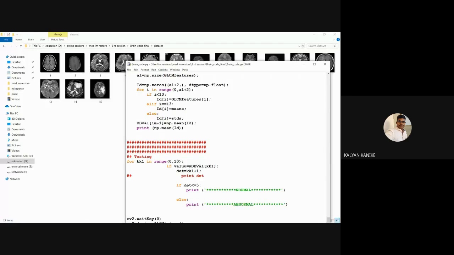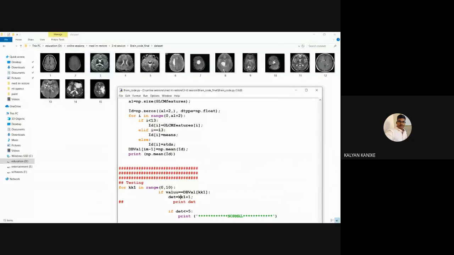For example, for KK1 in range from 0 to 10, from 1 to 10 images, if value is equal to db value KK1, here value means our input image value, and this input image value is equated to the database value of KK1.